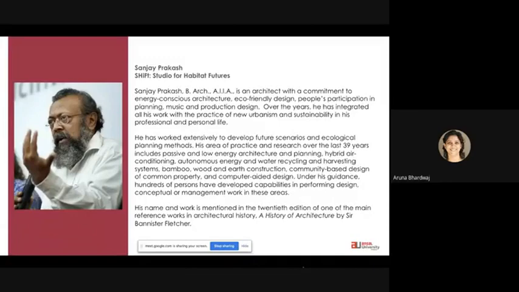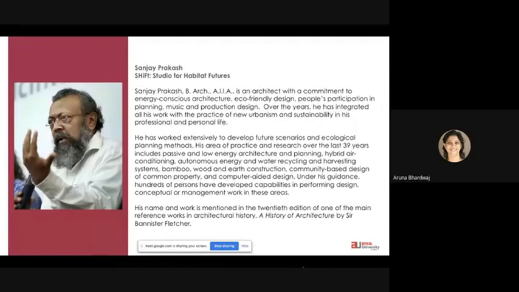His area of practice and research over the last 39 years includes passive and low energy architecture and planning, hybrid air conditioning, autonomous energy and water recycling and harvesting systems, bamboo, wood, and earth construction, community-based design of common property, and computer-aided design.